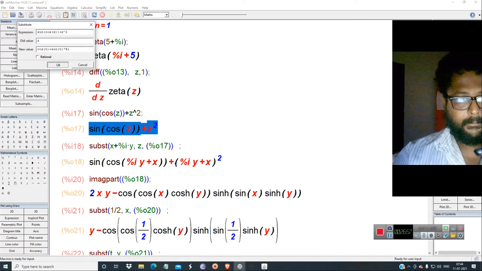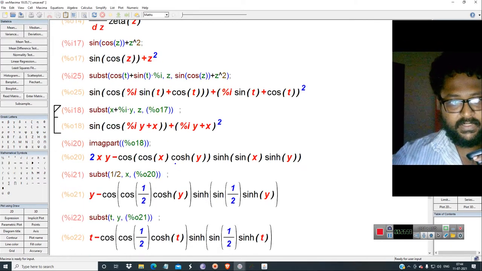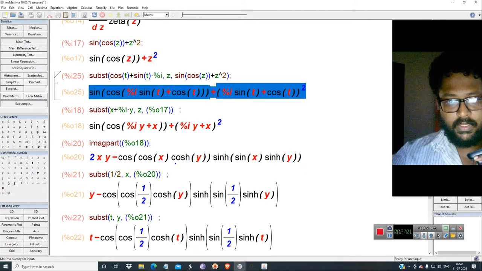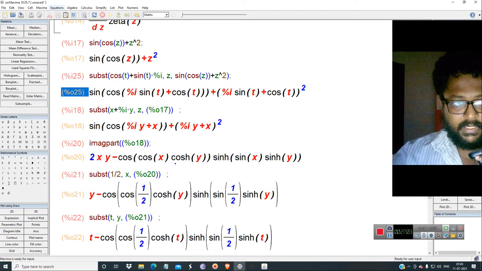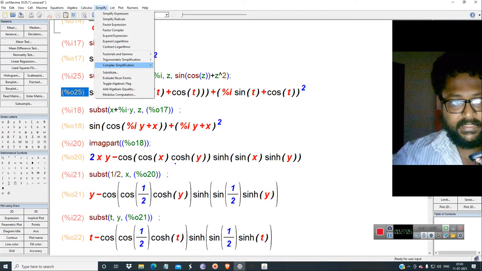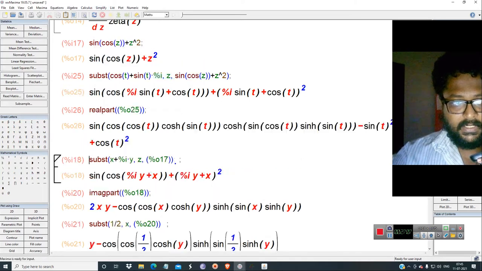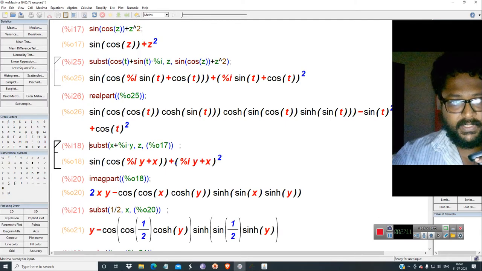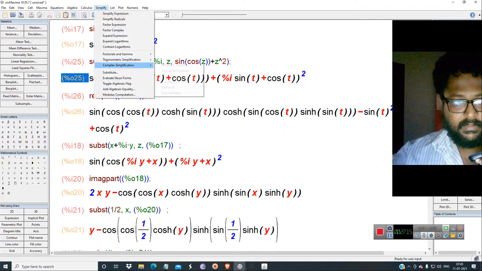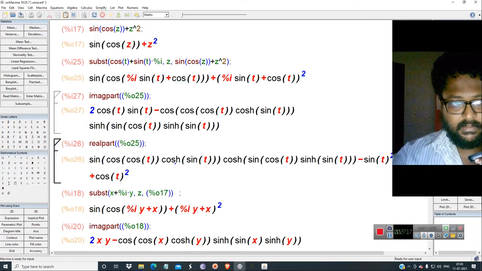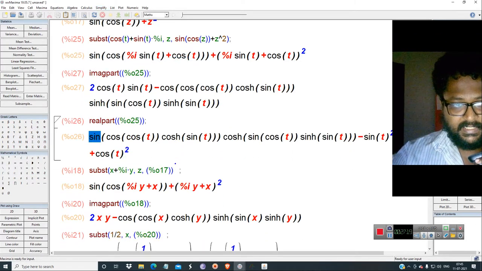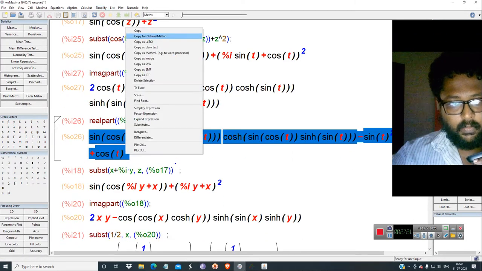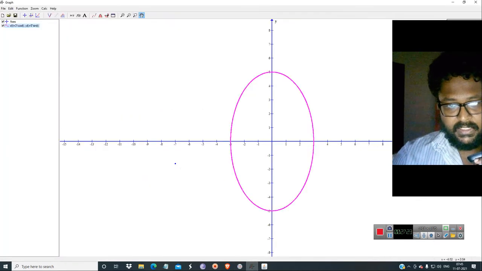Okay, now you get a function like this. Now you have to separate it into real part, and you have to separate this into imaginary part. Now you just take this function, and you will get a very bizarre curve.